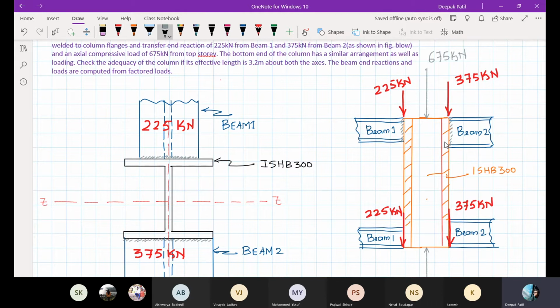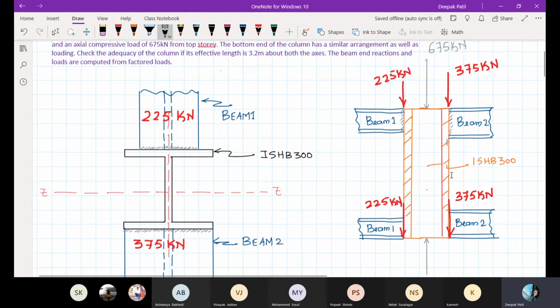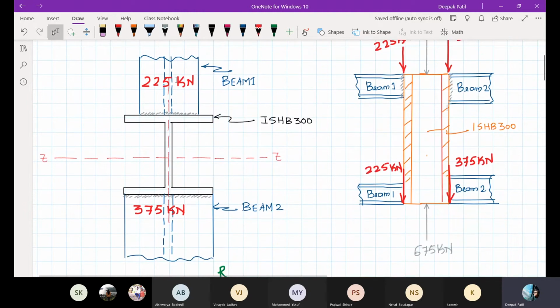Perfect. Suppose, yes, your answer is actually correct, since he is telling that there is a connection of the beams to the column from only one direction. Yes or no? So these beams are getting connected to the column in this direction only. Hence, the column is subjected to uniaxial bending moment. Suppose the same column is getting connected with the beams from this side also.